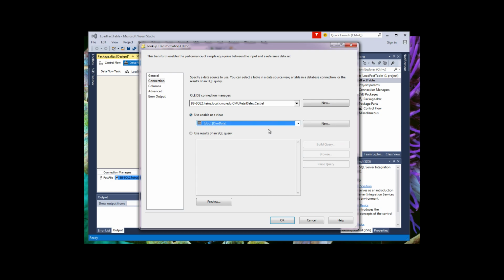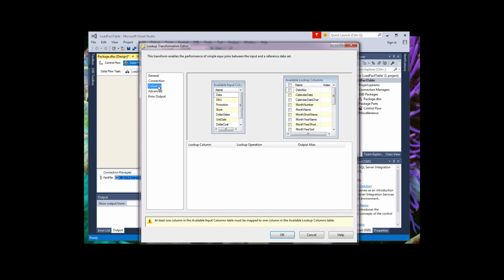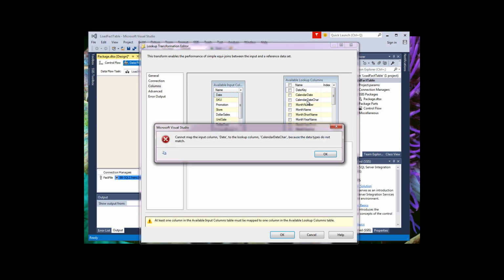So we select the date dimension. And in the columns, let's link the date with the calendar date chart. Then we get an error message. So what's happening? Could not match the input column date to the lookup column calendar date chart because the data